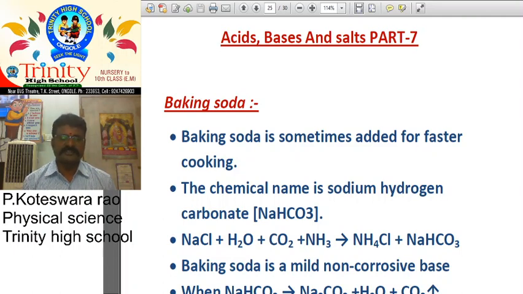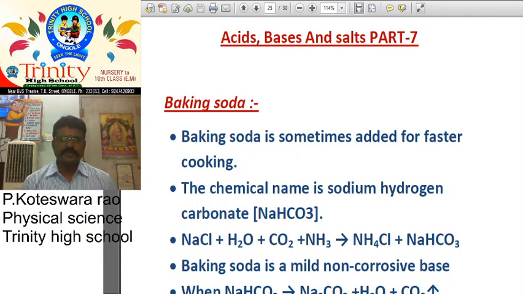And after that, common salt, its nature and how it is prepared, and what are the important materials extracted or produced from common salt. So could you please tell about how many important substances are extracted from common salt? 4. Very good. What are the 4? First one is sodium hydroxide. Second one is bleaching powder. And third one is baking soda. And fourth one is washing soda.